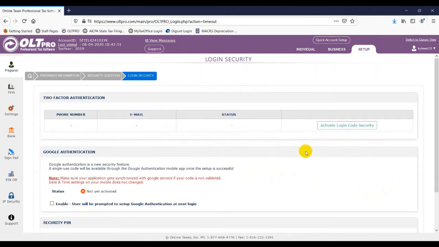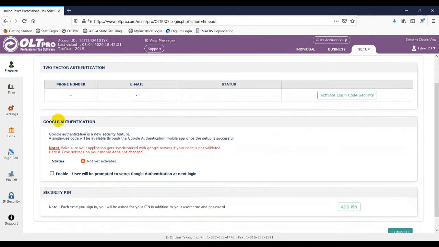and Login Security. So, two-factor authentication for their phone number and their email. As you can see, there is nothing here, so they would not be prompted for a 6-digit code to their phone or to their email. We can activate that if we need to. We can also set up Google authentication here. This is something that they would have to do themselves. So to enable them, you would just check this box. And then next time they were logging in, it would have them scan the barcode and set up the